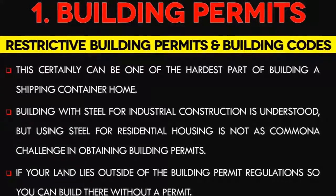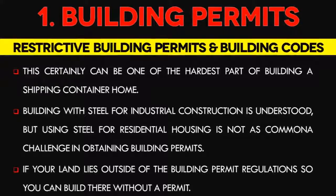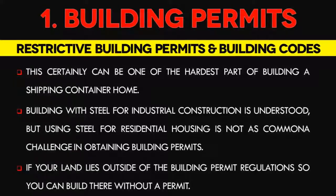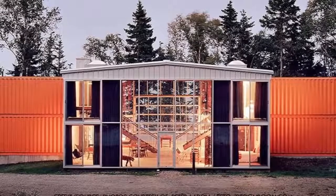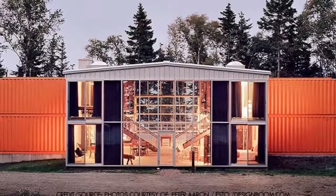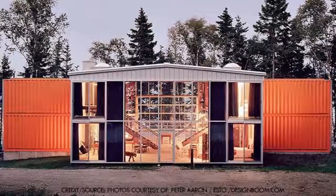Last but not least, at number 1. Restrictive building permits and building codes. This certainly can be one of the hardest parts of building a shipping container home. However, this issue isn't just unique to shipping container homes. It's applicable to all new homes which are built in the United States and other parts of the world, regardless